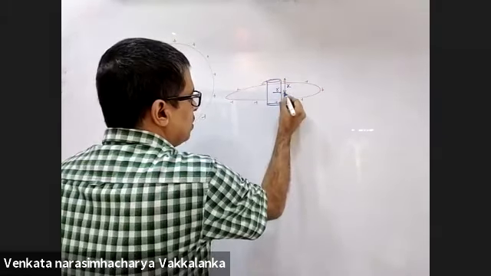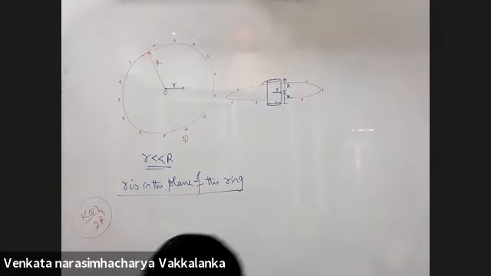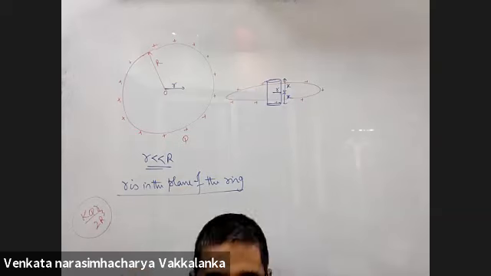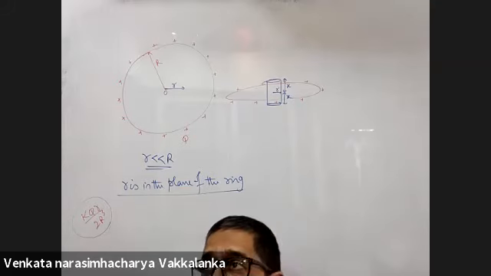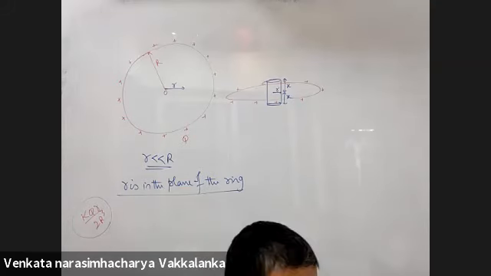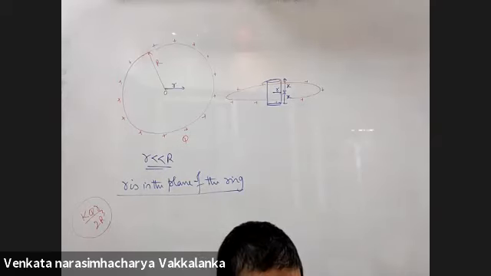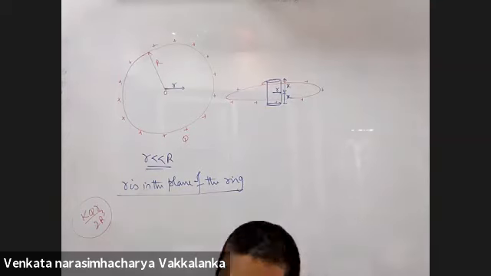This distance is x, this distance is x. So does the axis of the cylinder coincide with the axis of the ring? Yes, the axis of the Gaussian cylinder and the axis of the ring will coincide. That Gaussian circular cylinder has been taken in the center, so the axes are meeting, no, of the ring and the cylinder? Right. Okay, okay. Thank you.